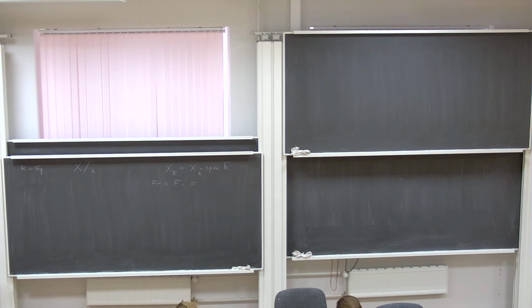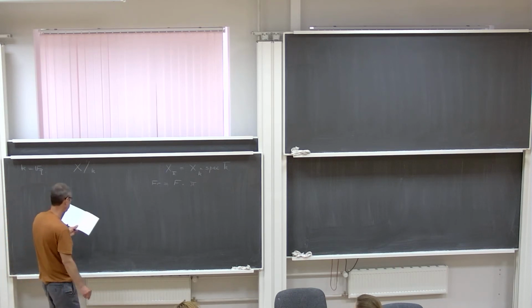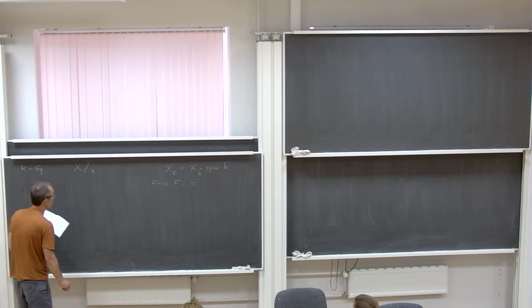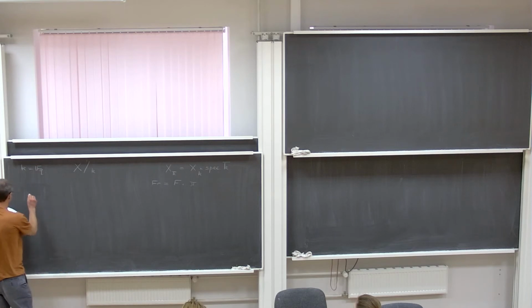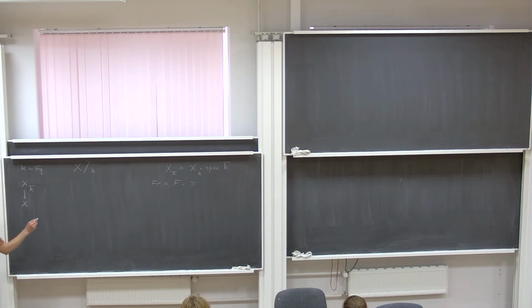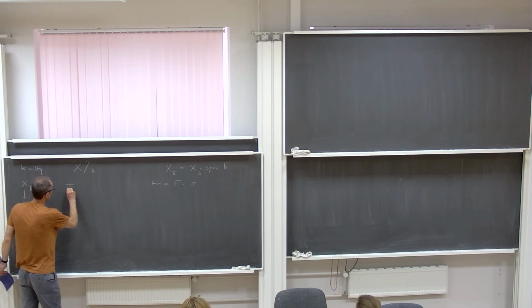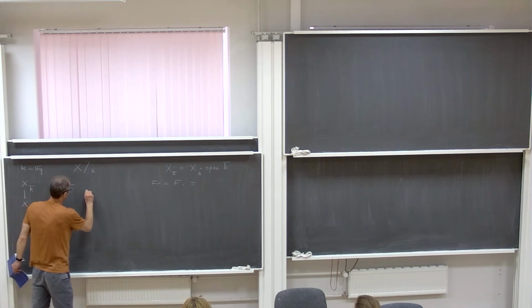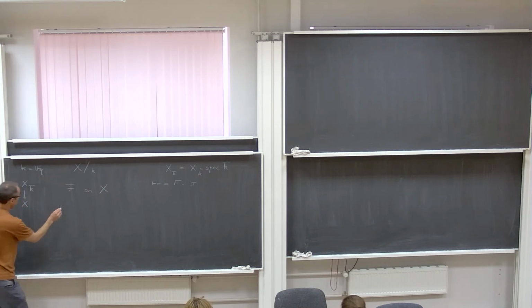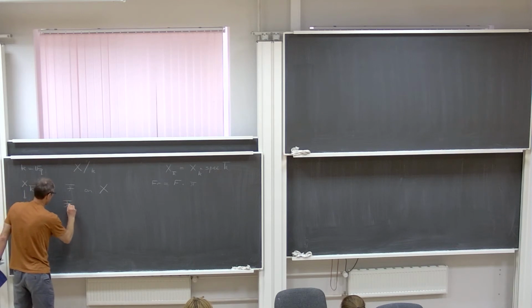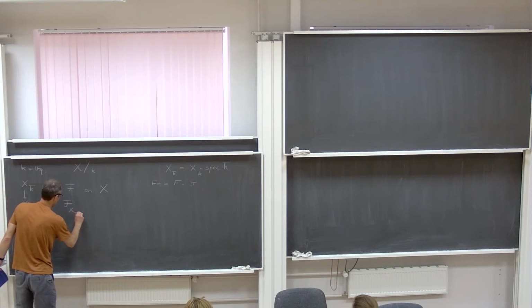And then, well, we also have a map from X_k bar to X. And if I start with a sheaf on X, and denote by f_X k bar its pullback,